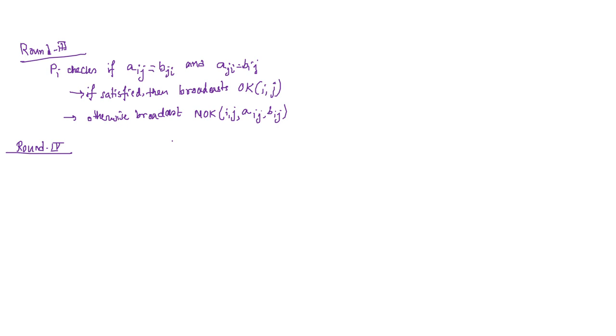So in round 4, to get the scenario managed, what happens if any Pj, so for each Pj or for each Pi, okay, that raises NOK of i comma j, Aij and Bij,